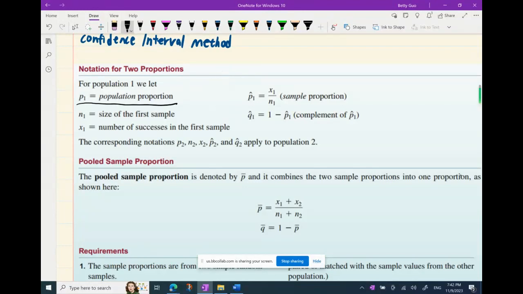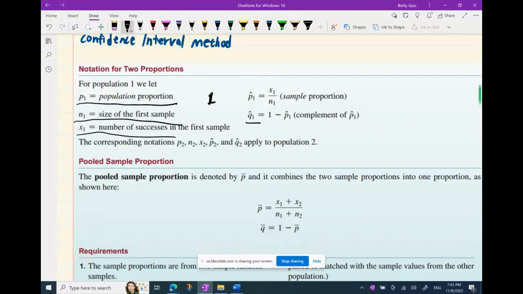And then N sub 1 is the sample size of the first sample, the sample from the first population, and X sub 1 is the number of successes for the first sample from the first population. Q sub 1 hat is the complement of P sub 1 hat. Without the sub 1, we should be familiar with those notations because we have been using them. The only difference here is it has a sub 1 to denote those statistics